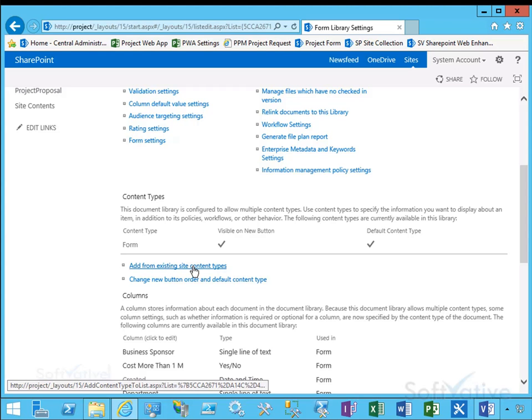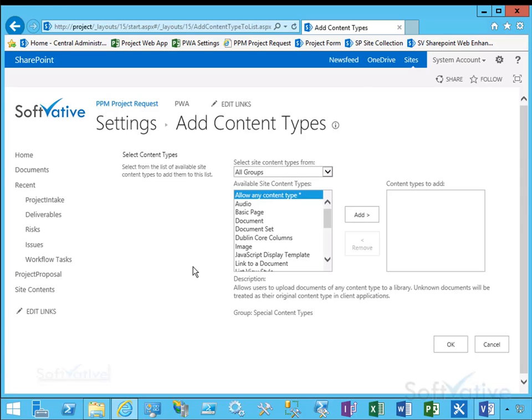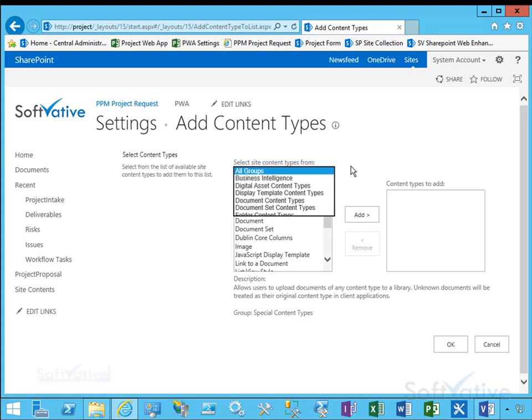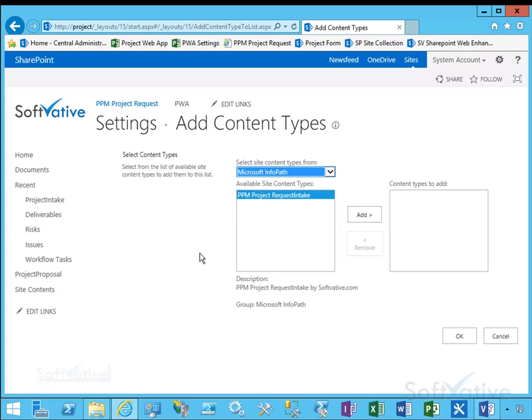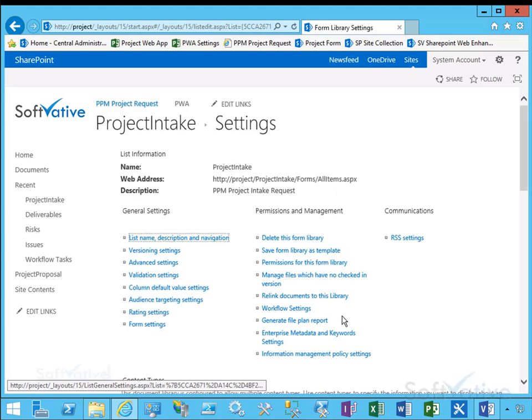So we'll click on add from existing site content type link. And that brings us to this add content type page, where we can either select the group, and that displays all the available content types in the bottom field. So here we'll go ahead and choose Microsoft InfoPath, and there you go. It displays our InfoPath content type which we published and displays the description. We'll add it to the right hand side by clicking the add button and click OK at the bottom,